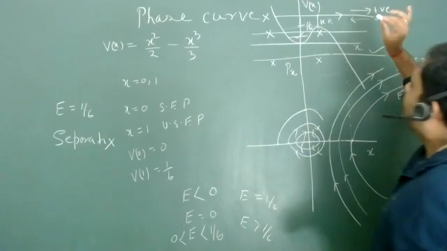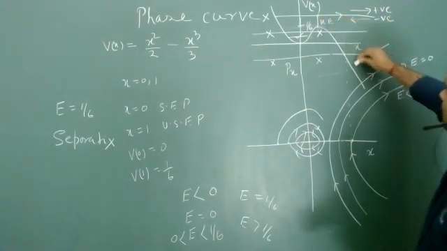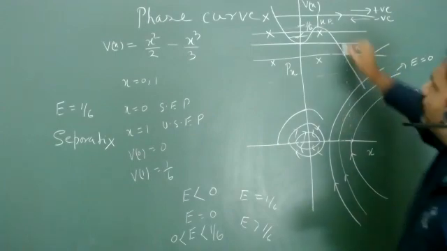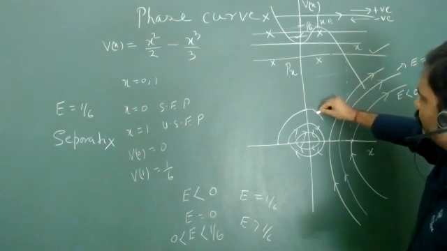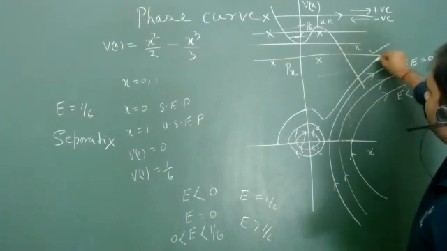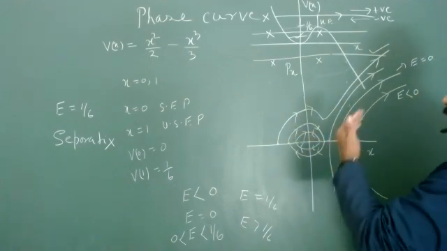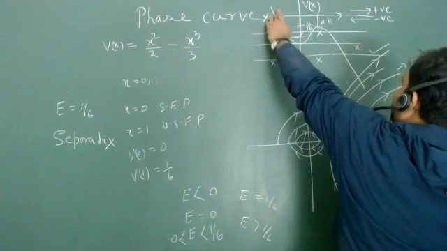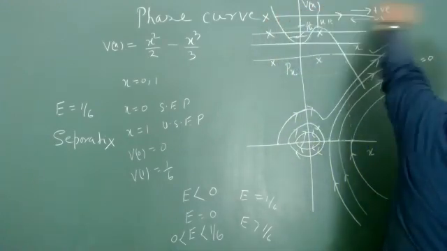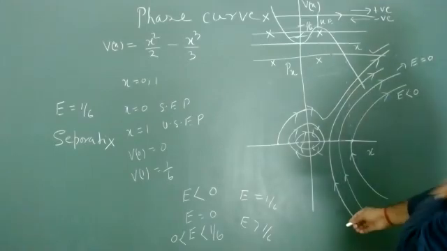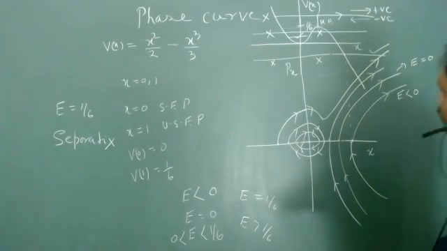But after that, what is going to happen? The potential energy is decreasing very sharply, so your kinetic energy will also increase very sharply. Hence, your momentum will also increase very sharply. So now you will start here, you will gain momentum, then again you will lose momentum, and after that you will gain momentum in a very monotonic way.